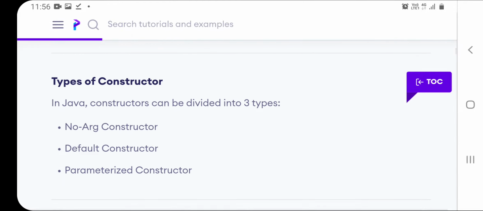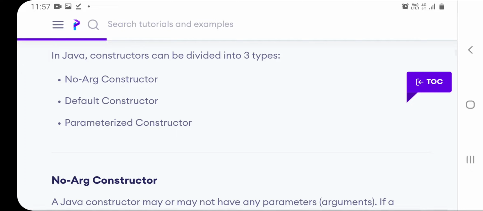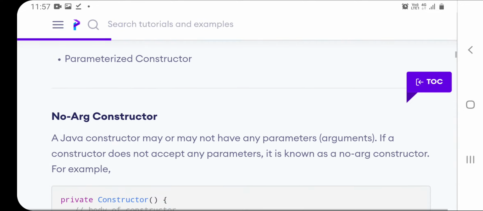Next we are going to see types of constructor. In Java, constructors can be divided into three types: no argument constructor, default constructor, and parameterized constructor. So the first type,